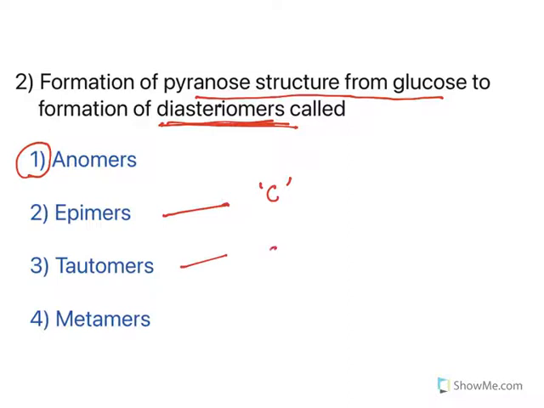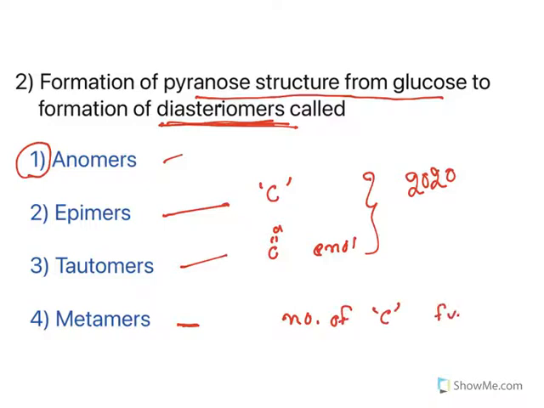Now epimers are the isomers which differ at only one carbon configuration. Tautomers, there are two tautomers, like keto and enol isomers, known as tautomers. See, the questions on epimers and tautomers were tested in 2020 GPAT. In 2021 there is a question about anomers. So all these three are important. Now metamers are isomers with the same molecular formula but differ in the number of carbon atoms on either side of a functional group. Let us understand with an example. Look at this one.